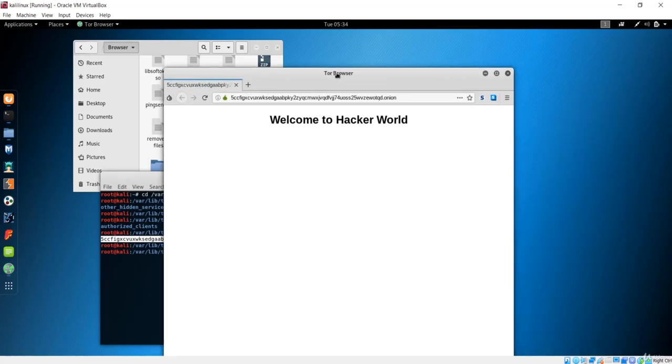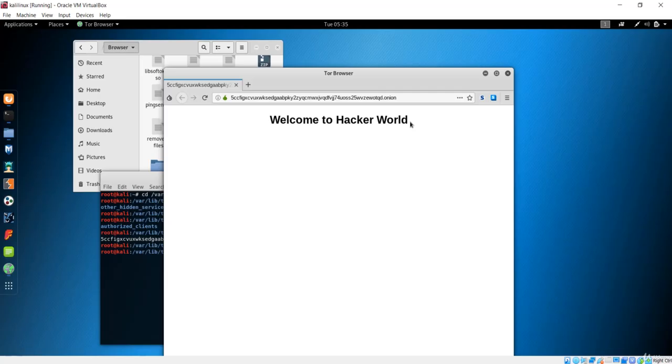You can see this is the same website that we executed on our local machine, saying welcome to Hackers World. That was the same website that we made with our own HTML code. So you can see this website is running on this onion link. You can copy this link and run it on any machine, on your Windows or your Mac, and it will be live. That means our onion link is routing on this machine, and our web page is rendered perfectly.